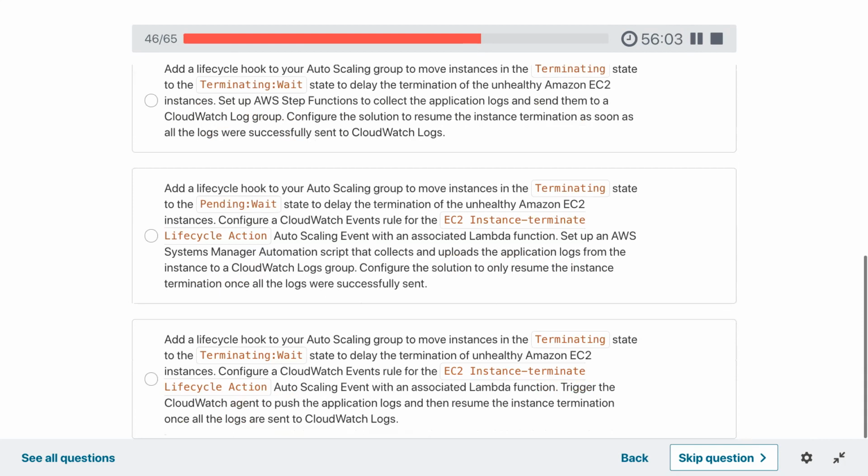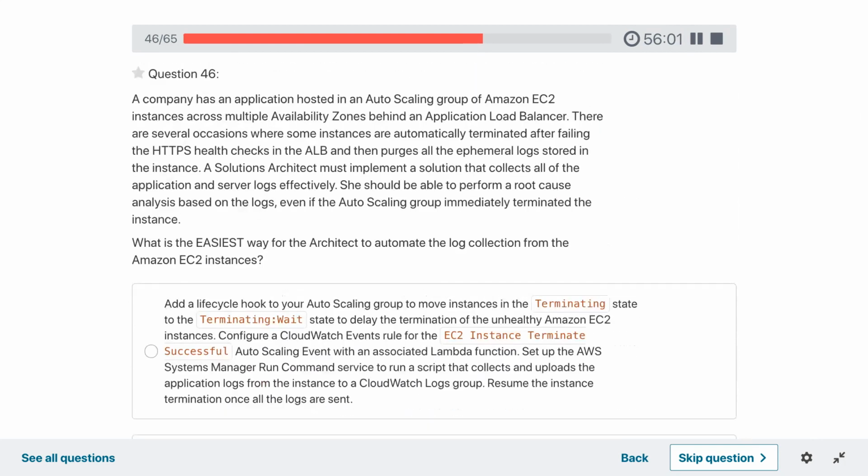A company has an application hosted in an ASG across multiple availability zones behind the ALB. There are several instances that are automatically terminated after failing the HTTPS health check in the ALB, which then purges all the ephemeral logs stored in the instance.